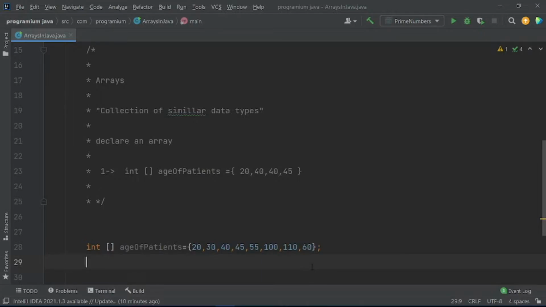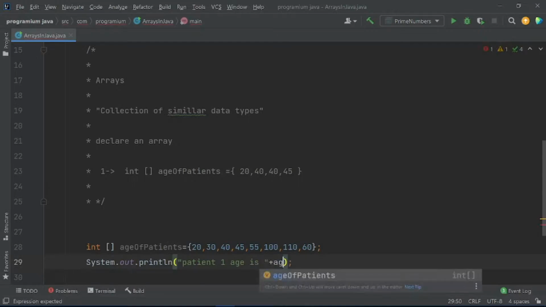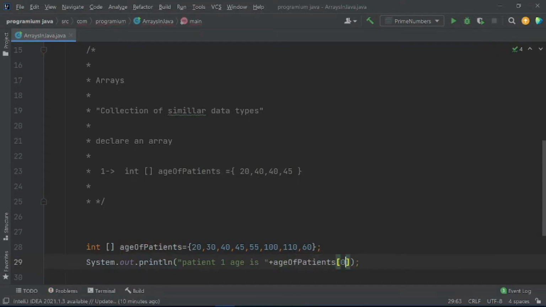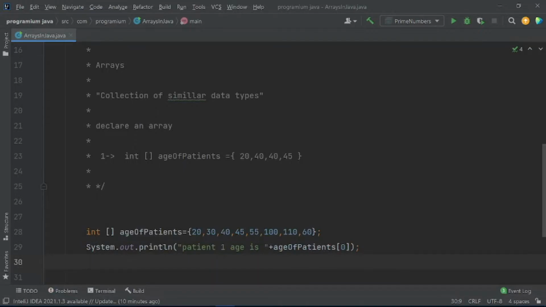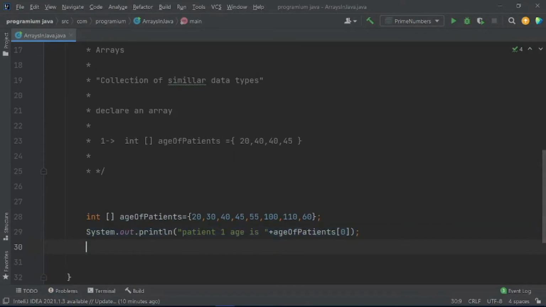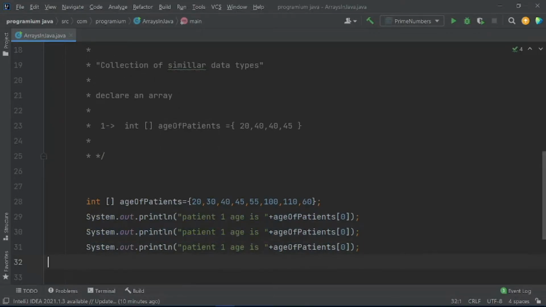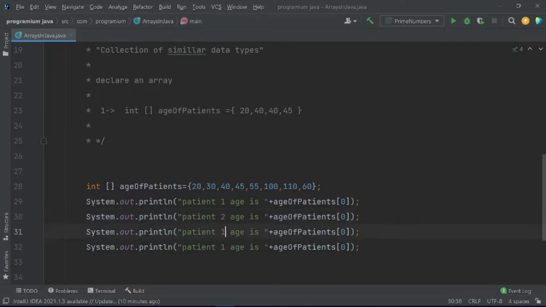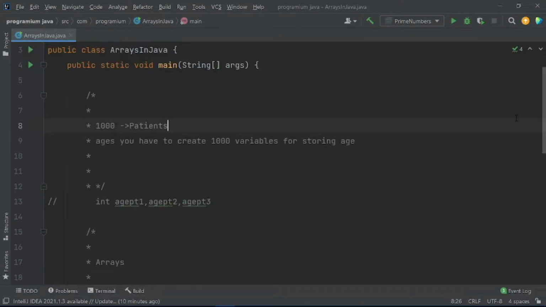Now let us see how to access these array variables. So we will say that patient 1 age is age of patient, and then we can use here 0. Again I am duplicating it and pasting it here, again pasting it here. So I will use here 2, 3, 4, and here 1, 2, 3, and let us run this application